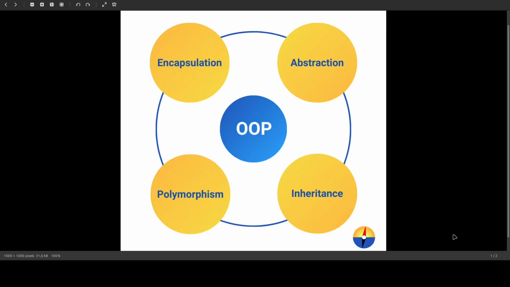Hi guys, today we will start the module of OOP, or object-oriented programming, and we will look at the four main concepts: encapsulation, abstraction, inheritance, and polymorphism. Today we will look at inheritance, and we'll practice it a little, but first of all, let's define what